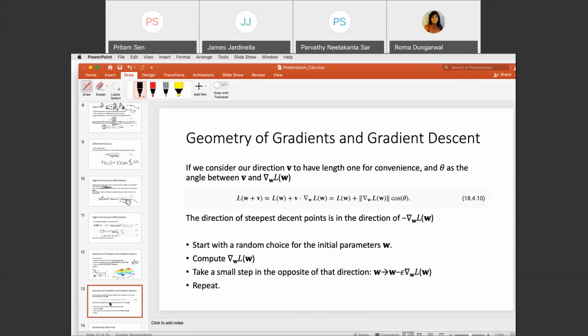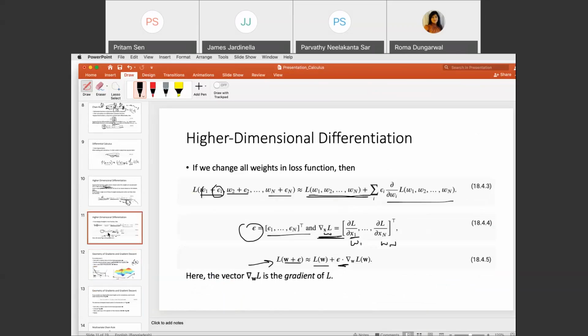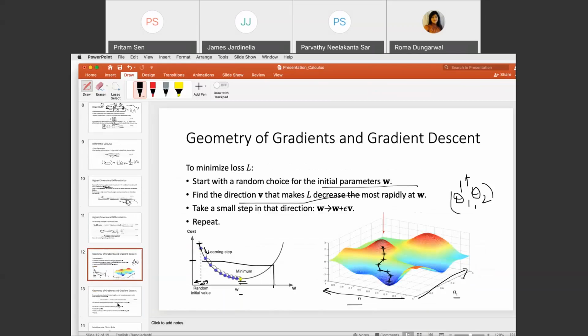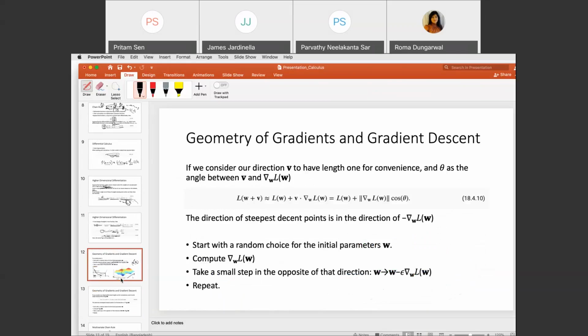So we already show the loss function here. The loss function is this one. As I said, this is actually a dot product. So for the dot product, we know that A dot B, if A is a vector and B is a vector, equals the magnitude of A, the magnitude of B, and the cosine of the angle between A and B. So this equation can be presented as